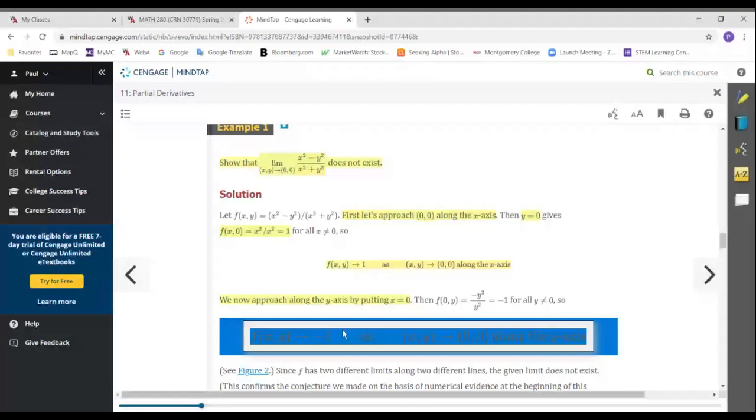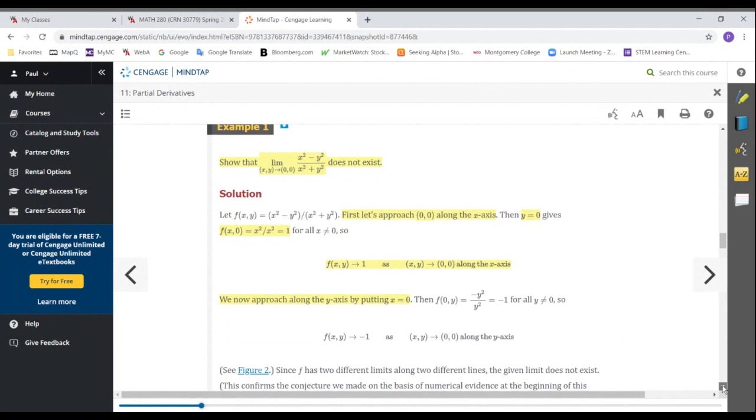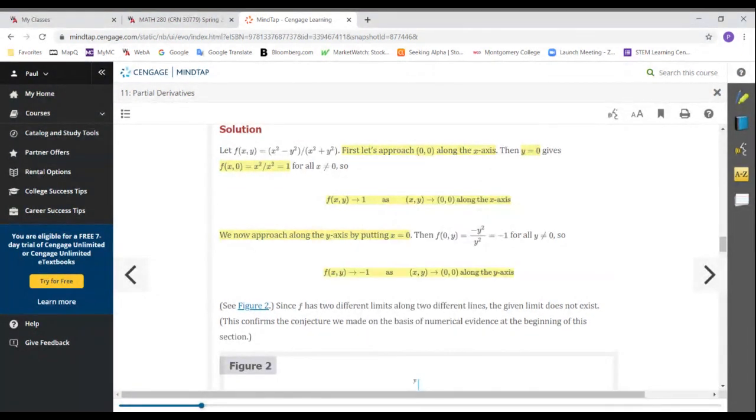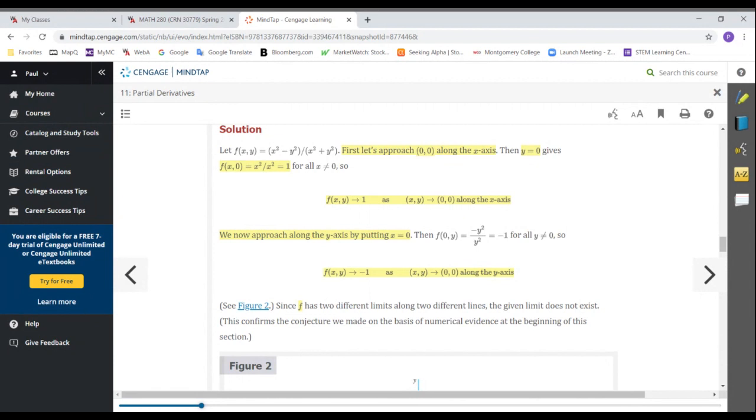And so in that case, you're approaching negative 1, and so that's a different limit. Now the function f of x, y equals negative 1 as you approach the origin along the y-axis. And since you have two different limits, you learn this, if you have two different limits,